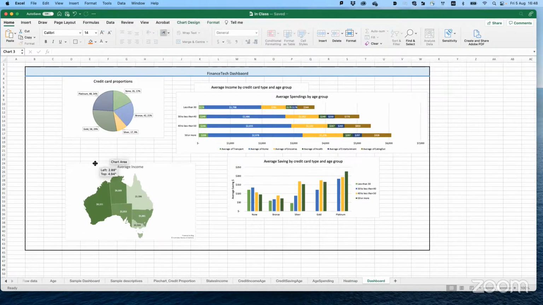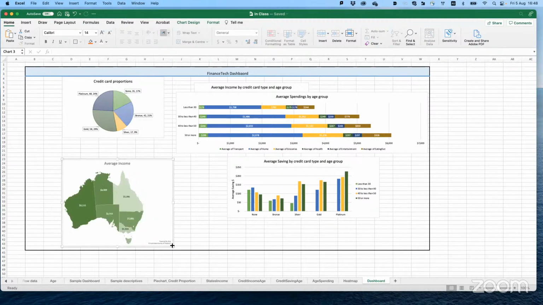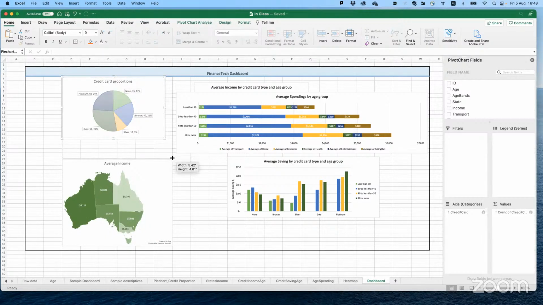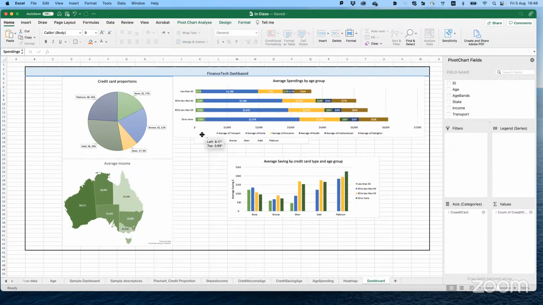Then I want to fill the rest with these graphs, and leave some space for my heat map. So I make this one, I change the size of the other, I can put this one up here.